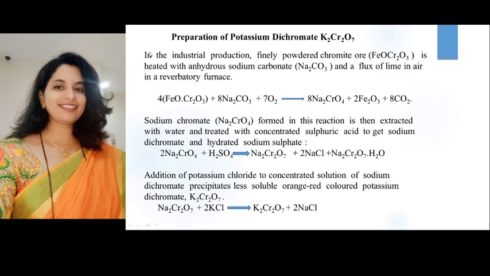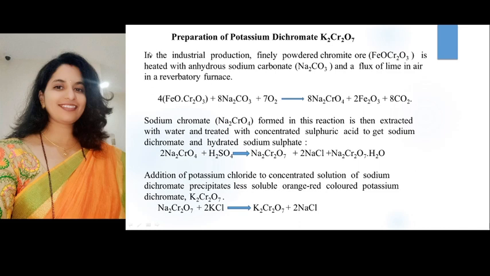In step 2, roasting or conversion of chromite ore into sodium chromate takes place. Concentrated ore is mixed with soda ash, that is sodium carbonate, and limestone, that is calcium carbonate, and roasted with excess of air in a reverberatory furnace. The mass turns yellow because of the formation of sodium chromate. Limestone is added to keep the mass porous so that oxidation by air becomes easy. Roasted mass is extracted with water. Sodium chromate goes into solution and insoluble substances are separated by filtration.